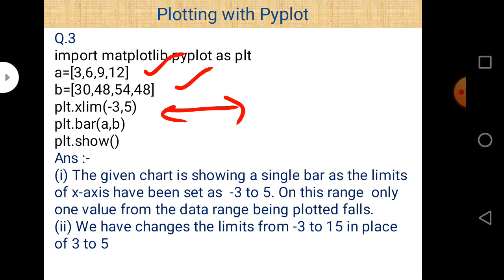So only 3 lies between -3 and 5. The rest, 6, 9 and 12, don't lie between -3 and 5. So obviously there is an issue, because these points 6, 9 and 12 are out of range as far as the x limit is concerned.